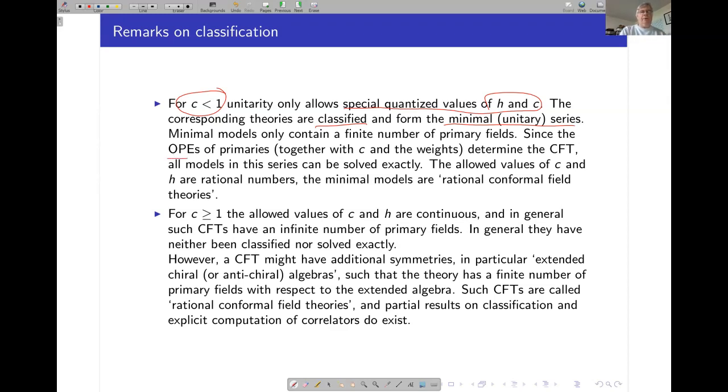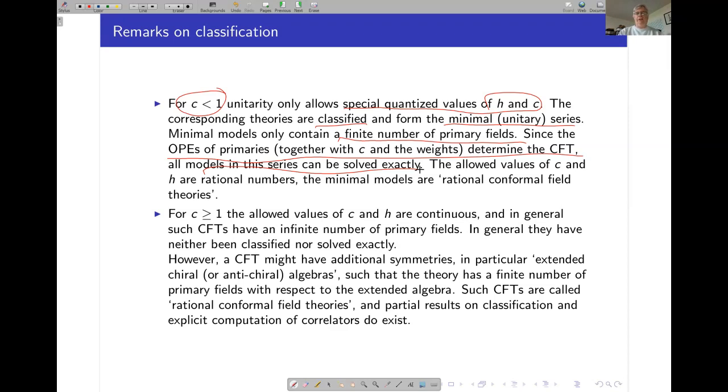Since the OPEs of primaries determine the CFT, it is important to note that these minimal models only have a finite number of primary fields that comes out of this analysis and classification. And in this sense, all theories in the series can be solved exactly because everything is determined by finitely many correlation functions, essentially the 3-point functions which evaluate the product between any 2 primaries, expanded again in primaries. These are the finitely many C_IJKs, and once I have them in principle, I can compute everything else that I'm